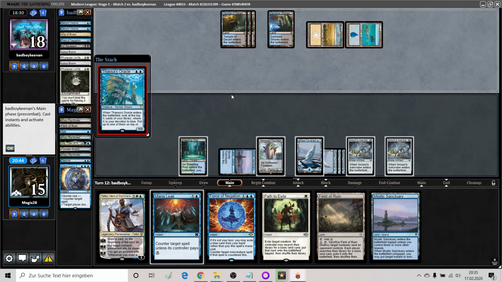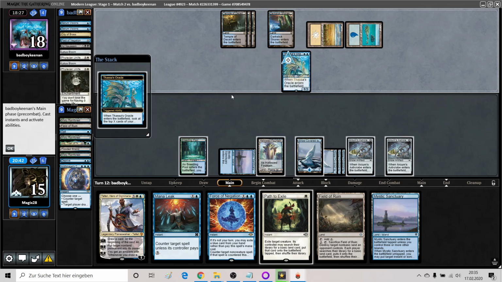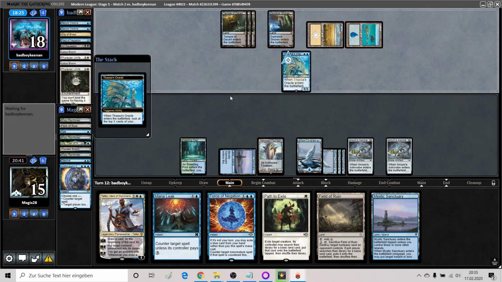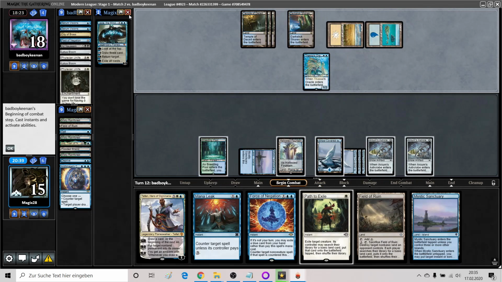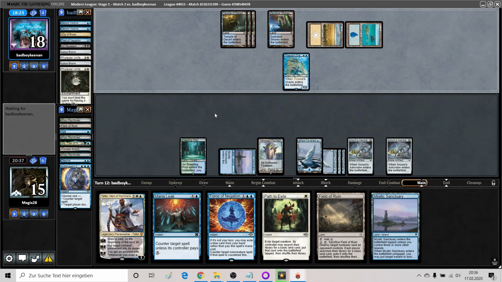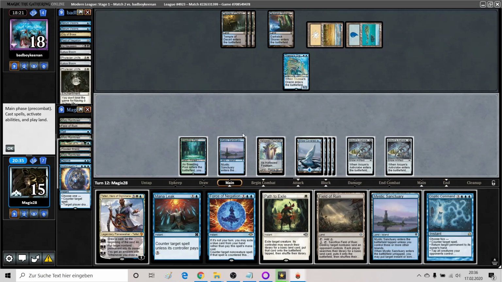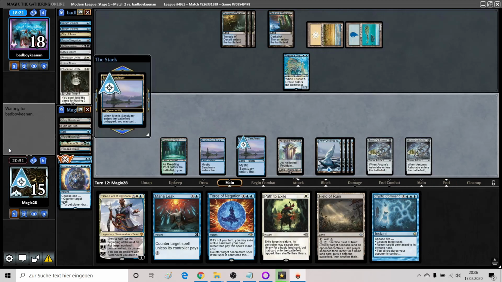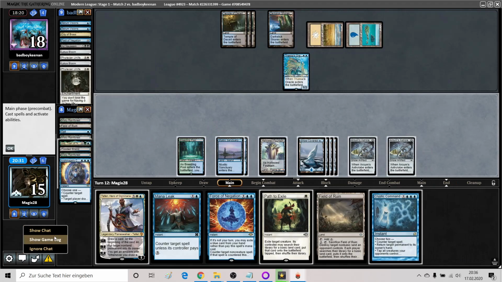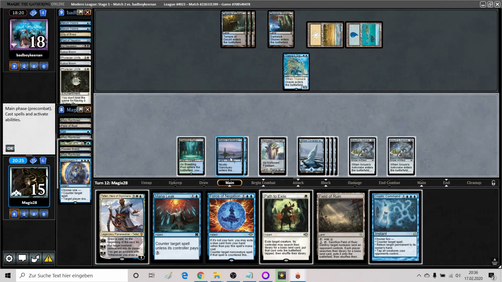If he tries to use Spoils of the Vault, it's not good enough. So he can't go off now, so we have a window to resolve the hero here, which I actually like. So we put the Deprive back on top. Let's see, what does he do with the Oracle? I guess it's always the same, right? So